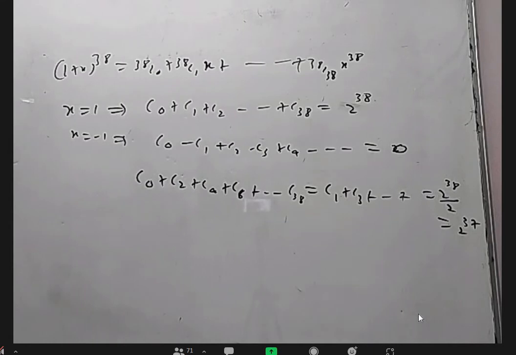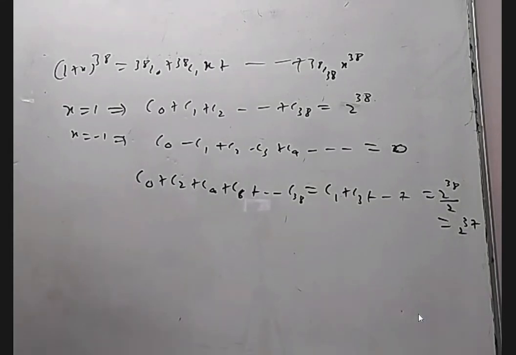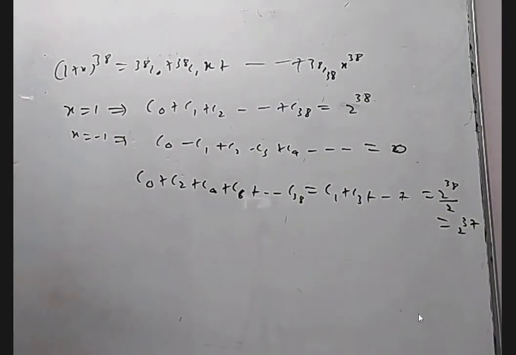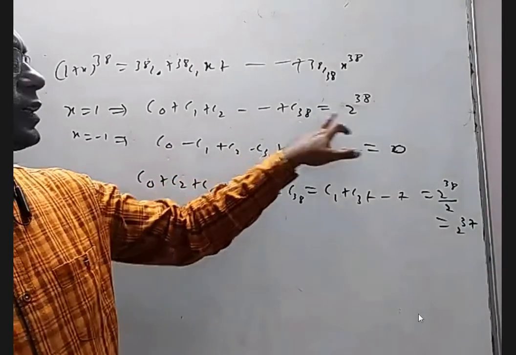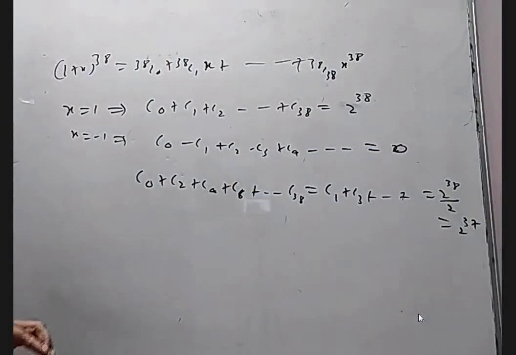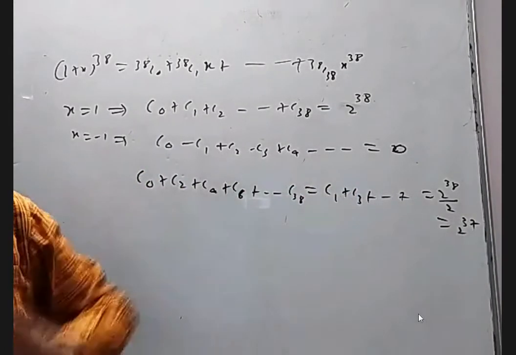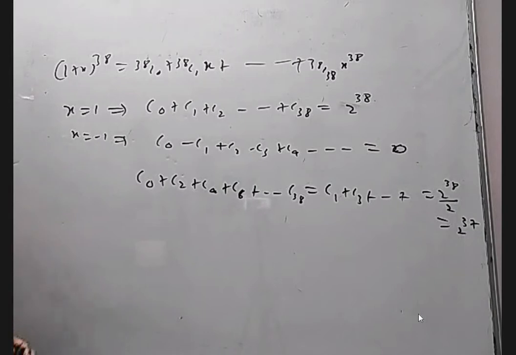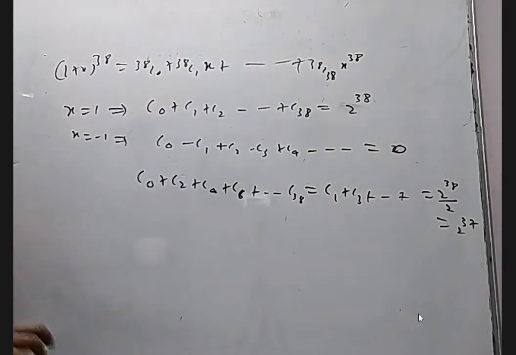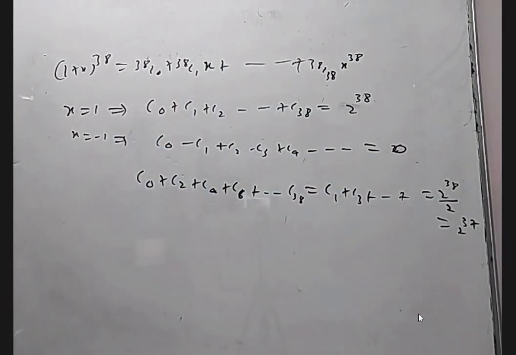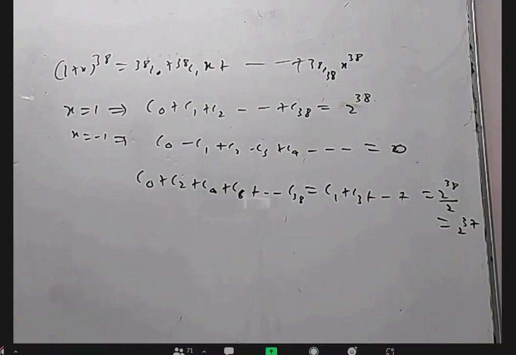Let me talk about a few things and then we'll come to the key. Maybe it's wrong, I have to check that. But the thing is, these are the sum of all the 39 terms, which is 2 power 38, no doubt. And all even terms and all odd terms are equal. That is correct. But if I take first half and second half, they are also two equal parts. Something is not right here.